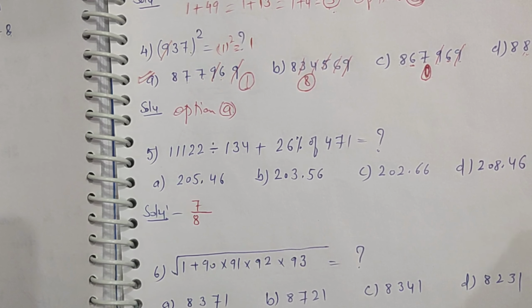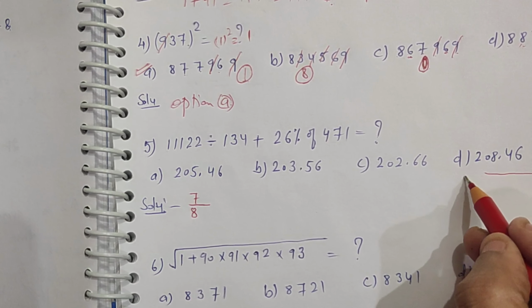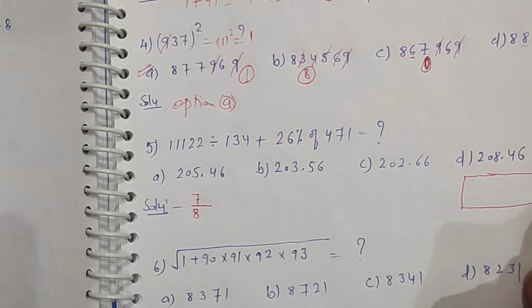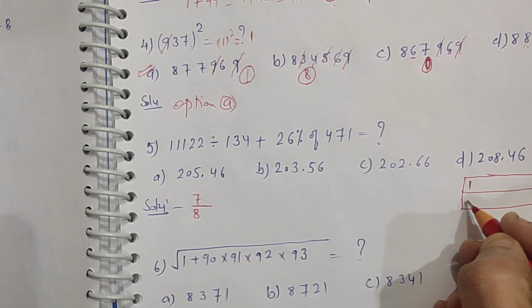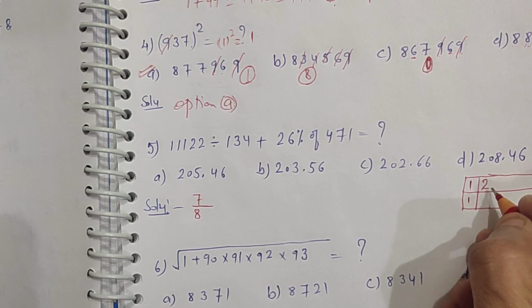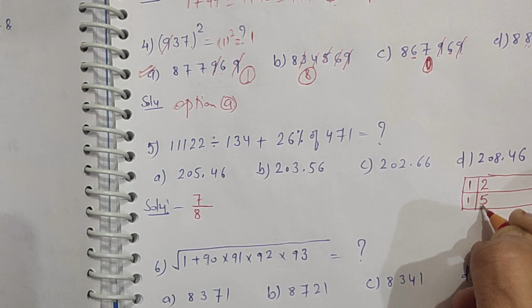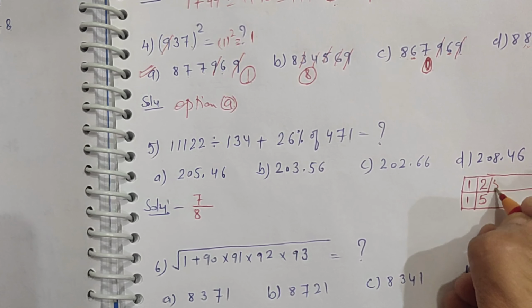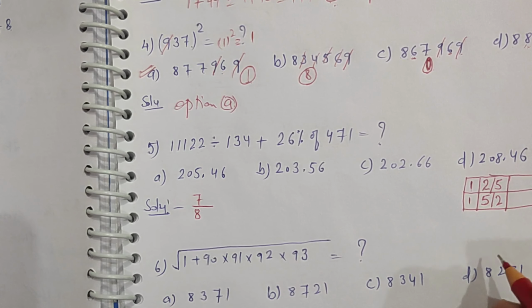And I would like to tell you here the table which will make your calculations easier, right? Suppose in the denominator already you are having 1, then no need, because we need 1 only, right? But if there is 2, how can you make it 1? By multiplying it with 5, right? Because 2 into 5 is 10, and 10 means you are making it 1 only. 1 plus 0 is 1 only. And again if there is 5, then you can multiply it reversely with 2. Then 5 into 2 again 10. So you can make it as 1.